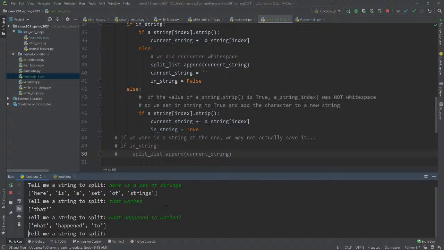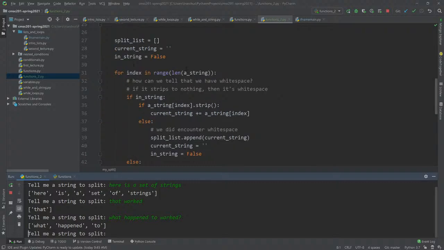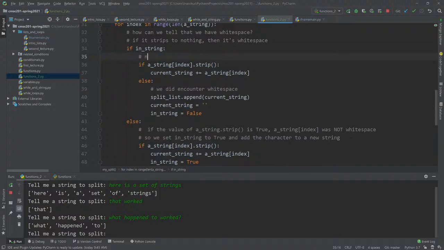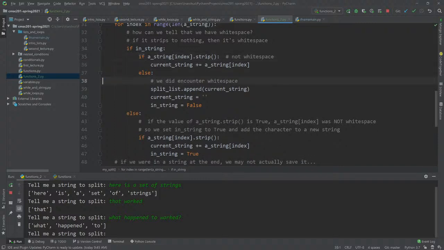And you see that it's killing off the last word, because what's happening is the string ends, so this for loop ends, but the last letter that it checked was actually not white space. Because the last thing it checked wasn't white space, it never appended, right? It only appends if we're in a string and if the thing is white space. Basically, this line means not white space. So the else statement means white space, and so it means that we're in a string and we encounter white space.